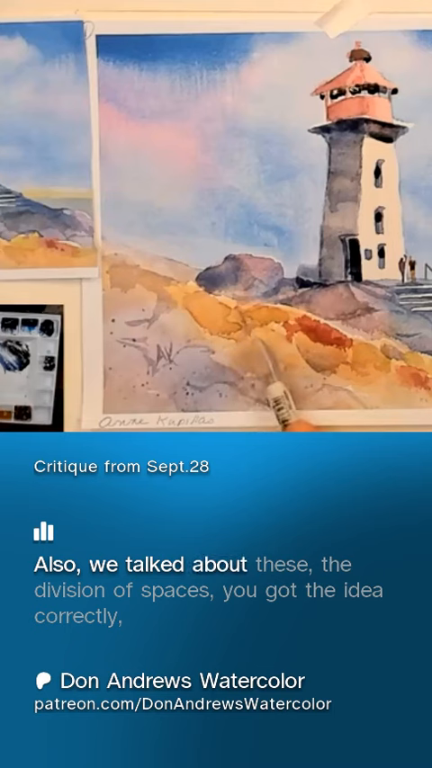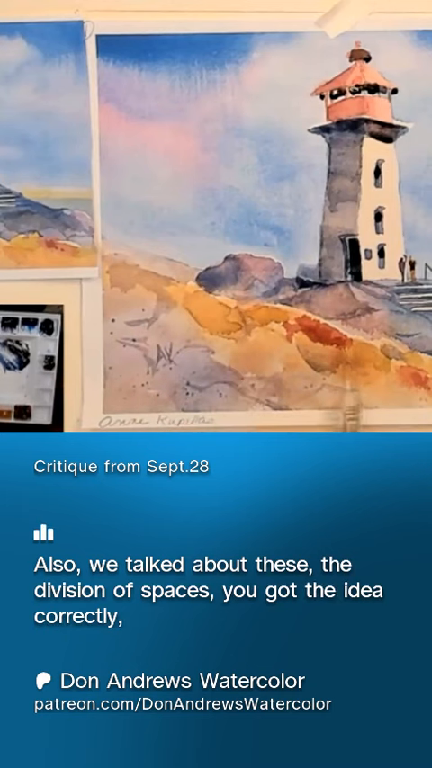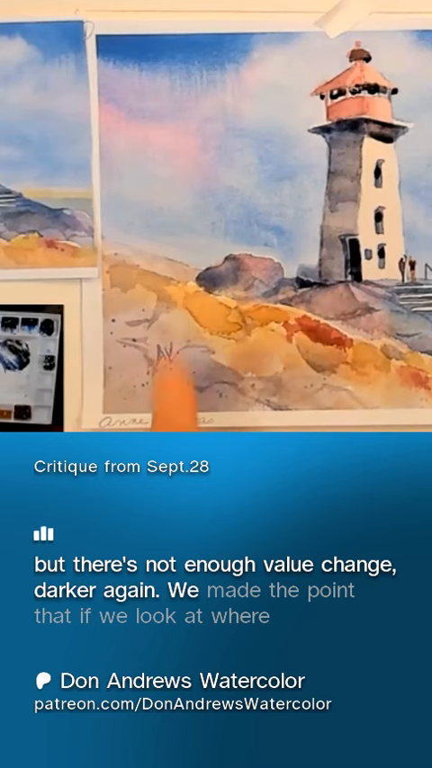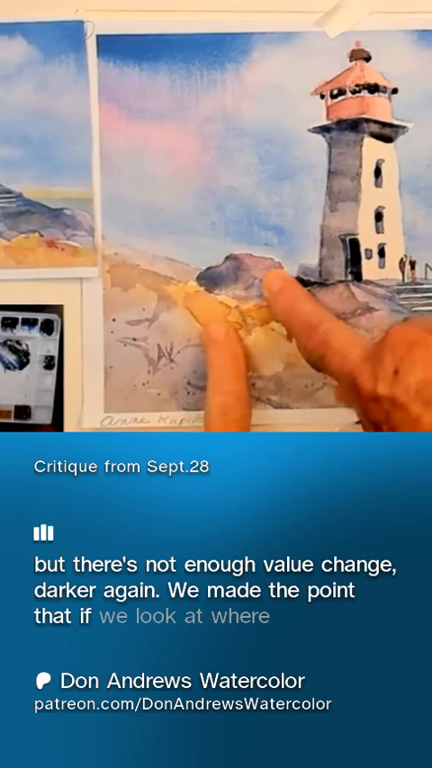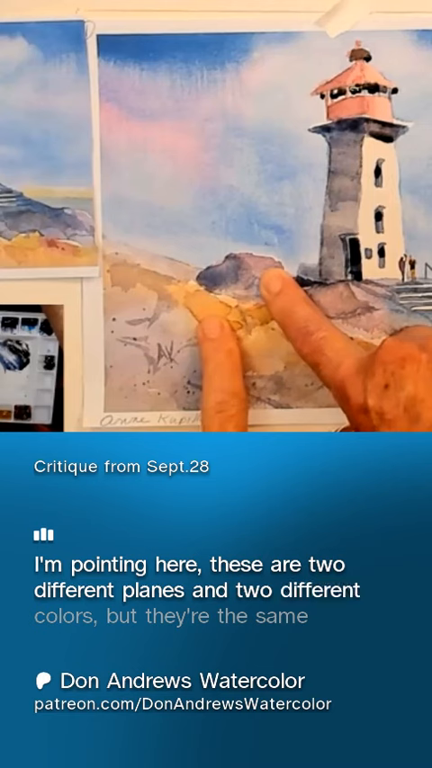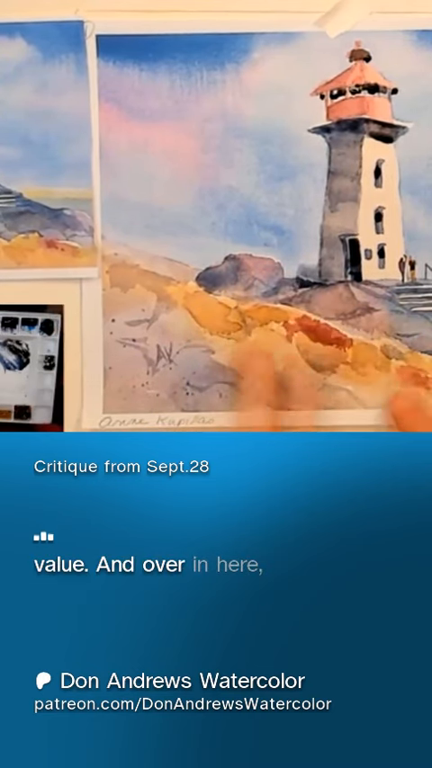Also, we talked about these, the division of spaces. You've got the idea correctly, but there's not enough value change. Darker again. We made the point that if we look at where I'm pointing here, these are two different planes and two different colors, but they're the same value. And over in here,